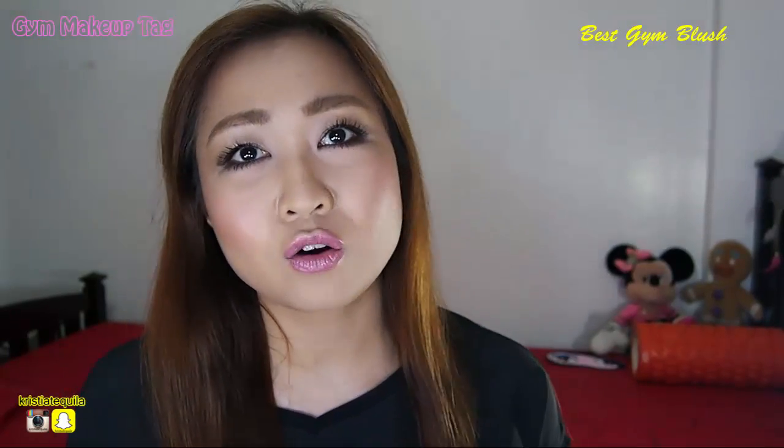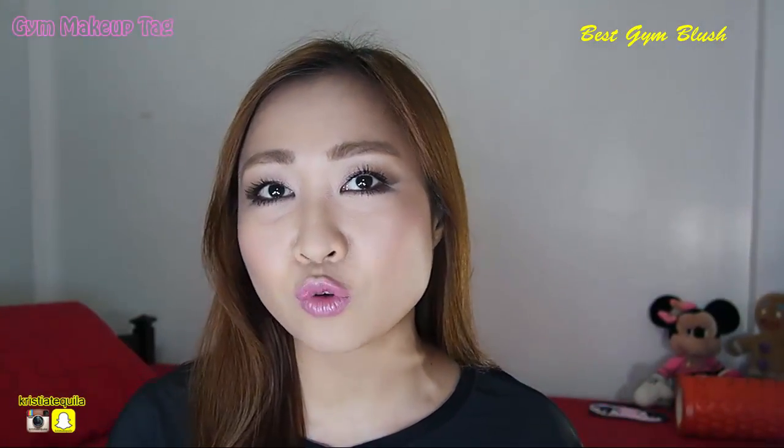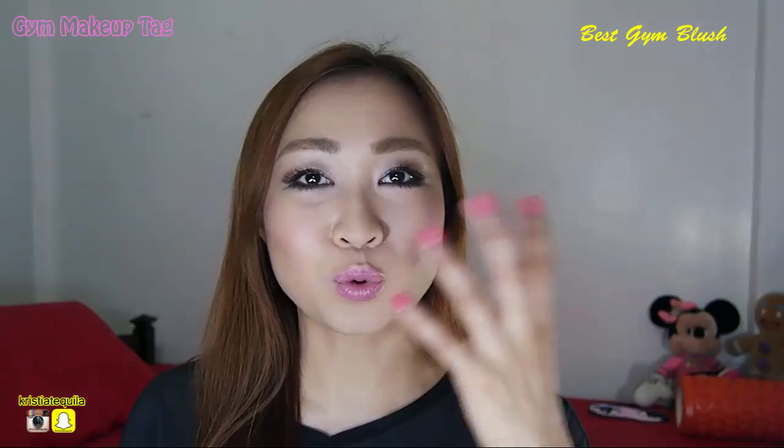For the blush category, I don't have a specific blush that stays on for even 1 hour or 30 minutes of gym time. When you use a tint, of course it will last long, but in the manner of makeup that I've been doing, where I do layering from primer to foundation to concealer and then powder, tints just won't show up. And tints are just for those people who have really nice skin, and I don't. I really need a lot of priming and foundation, and I have a lot of blemishes as well, so